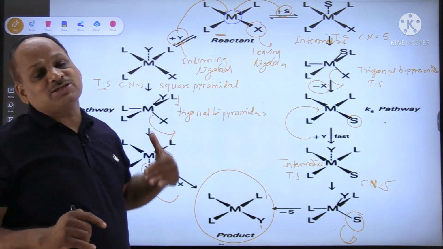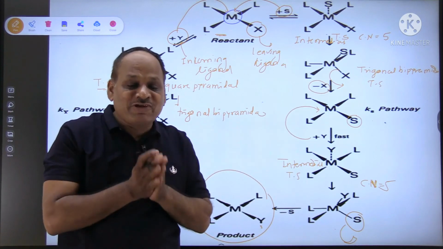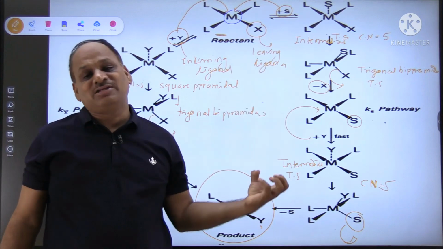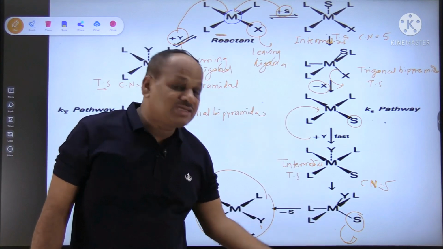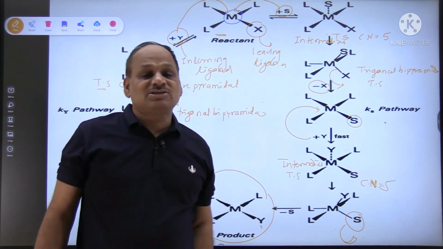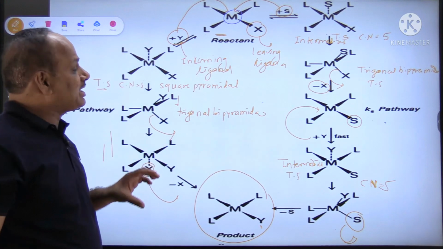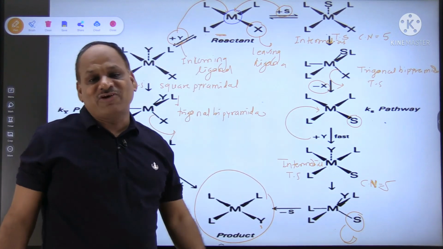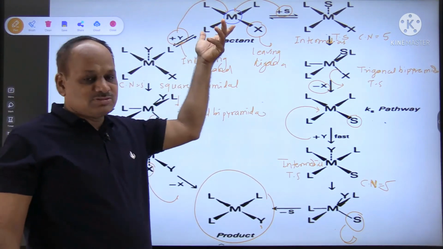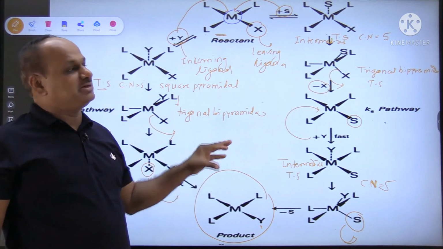This is the mechanism of the substitution reaction in square planar complexes. My friends, the thing to note here is that in the first pathway the solvent takes part in the reaction, and after that the incoming ligand, that is a nucleophile, attacks the solvent substituted complex. You will get the substituted product. And in the second pathway, the incoming nucleophile, the incoming ligand, directly attacks the reactant complex, and you will get the substituted complex.